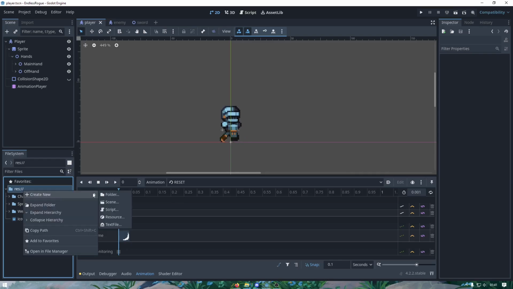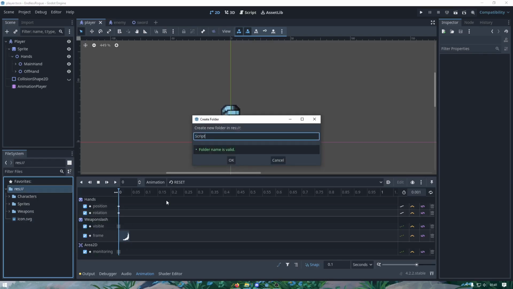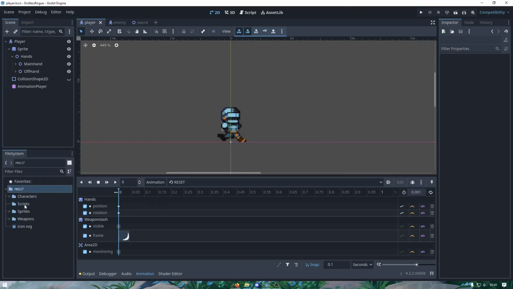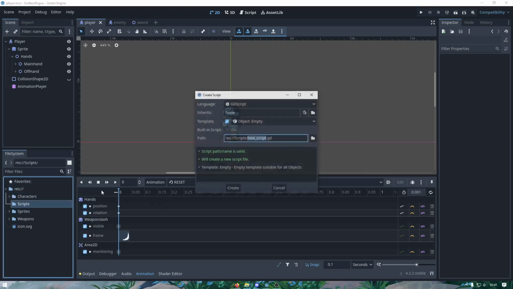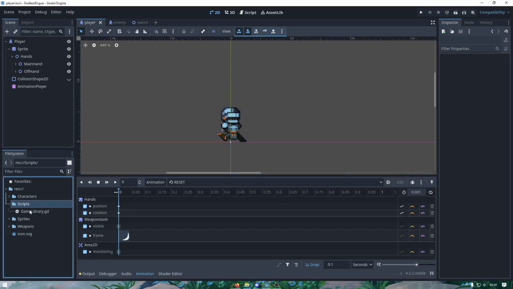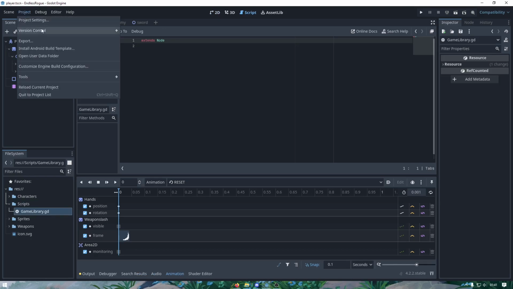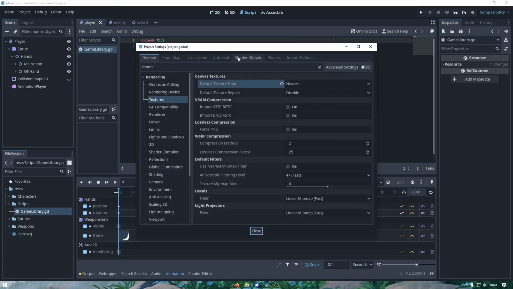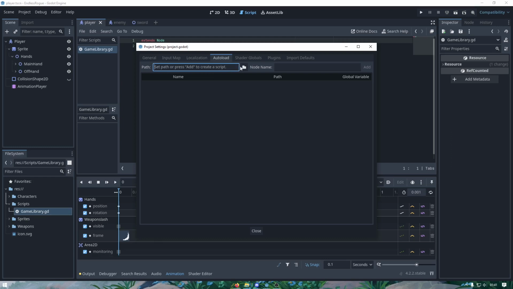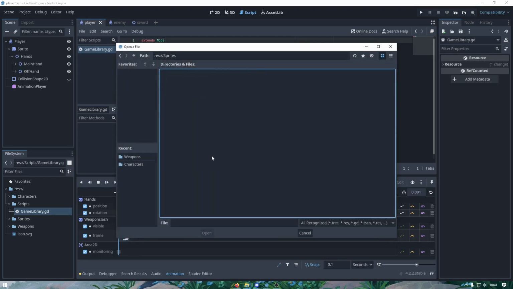Okay, first step. We need to create our script folder and put some scripts into it. It's called game library, and we're going to make it a singleton, or autoload if you will.